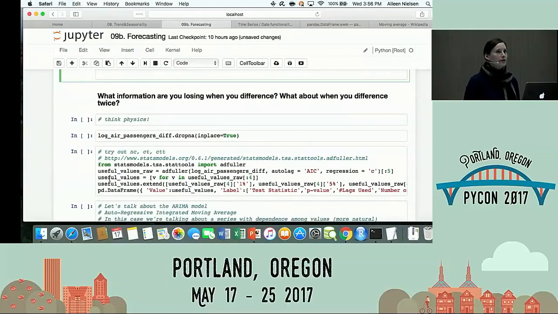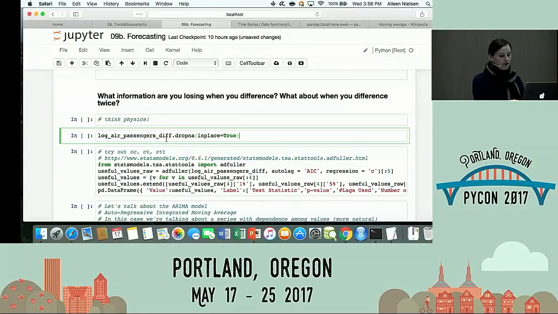The Empire State Building is 200 feet taller than the apartment building I live in. Do you know how tall either building is? No, right? So you lose the information about the mean. That's fine. You can recover it. But it's one thing to think about: for ARIMA, you're really just looking at a mean of 0. The absolute number doesn't matter and shouldn't matter.